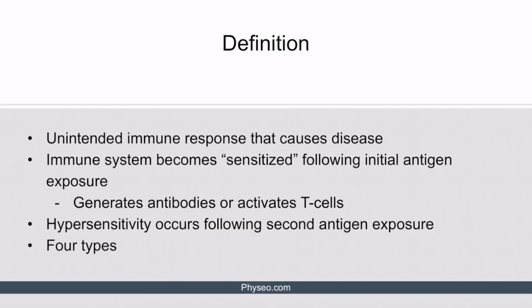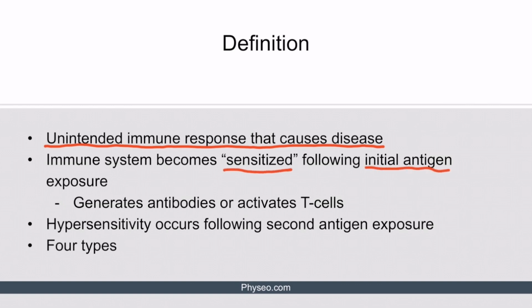Simply put, a hypersensitivity reaction is an unintended immune response that causes disease. There are many examples of this, from simple seasonal allergies to full-blown lupus, and we'll get into these details in a second. In order for these reactions to occur, the immune system must first become sensitized, and this happens following